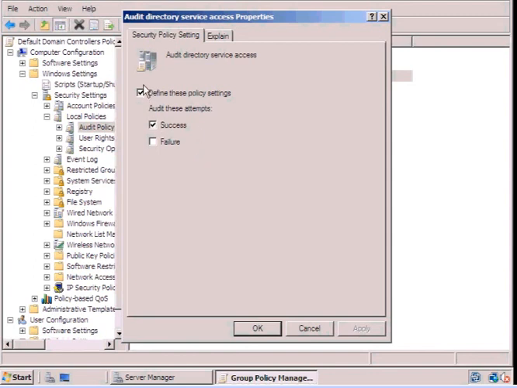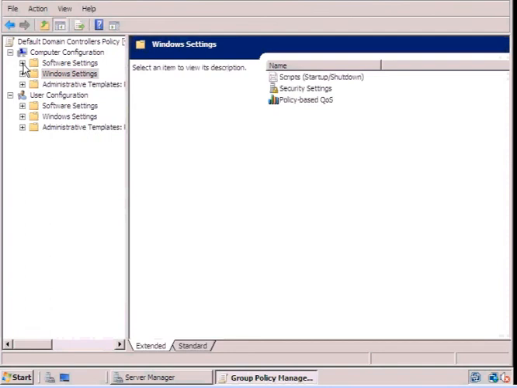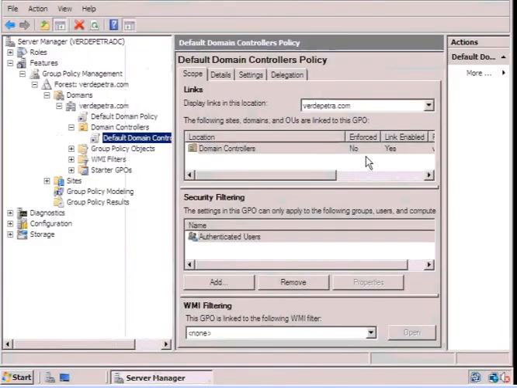So we have the settings set up here correctly. We're good for that. We're going to tell it OK. So now that our auditing policy is turned on successfully, everything is enabled for that. Let's go ahead and shrink these guys up. Actually, we're going to just close out of the Group Policy Management Editor. And we're going to go